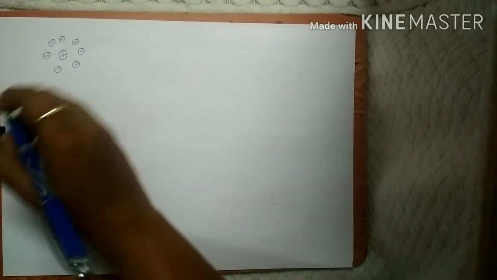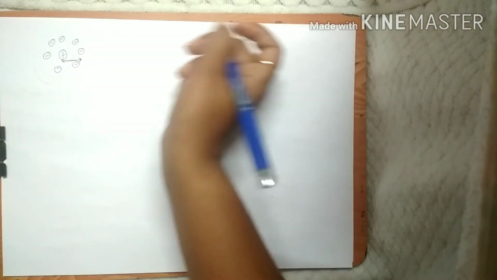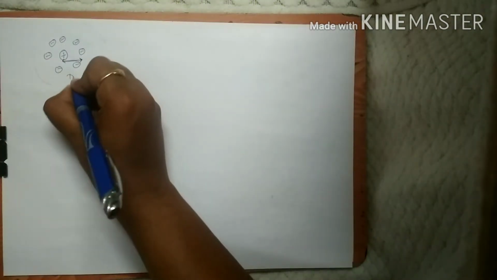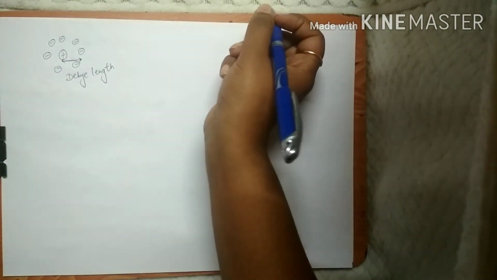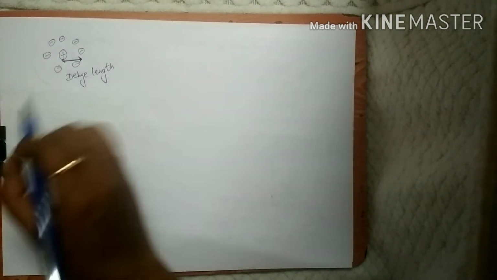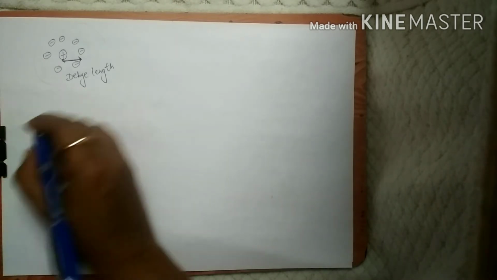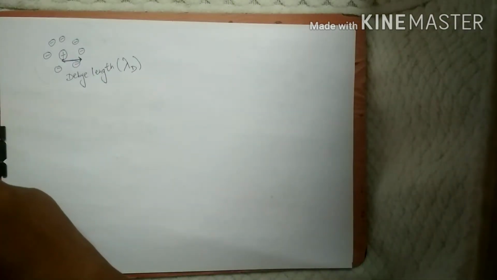So what happens? This ionic sphere will have some thickness, right? That thickness from here to here, from the center of the positive charge to the center of the negative charge, is known as your Debye-Huckel length or Debye length. This is the thickness of your ionic sphere. To calculate the thickness of this ionic sphere, it is represented by small lambda with subscript capital D.